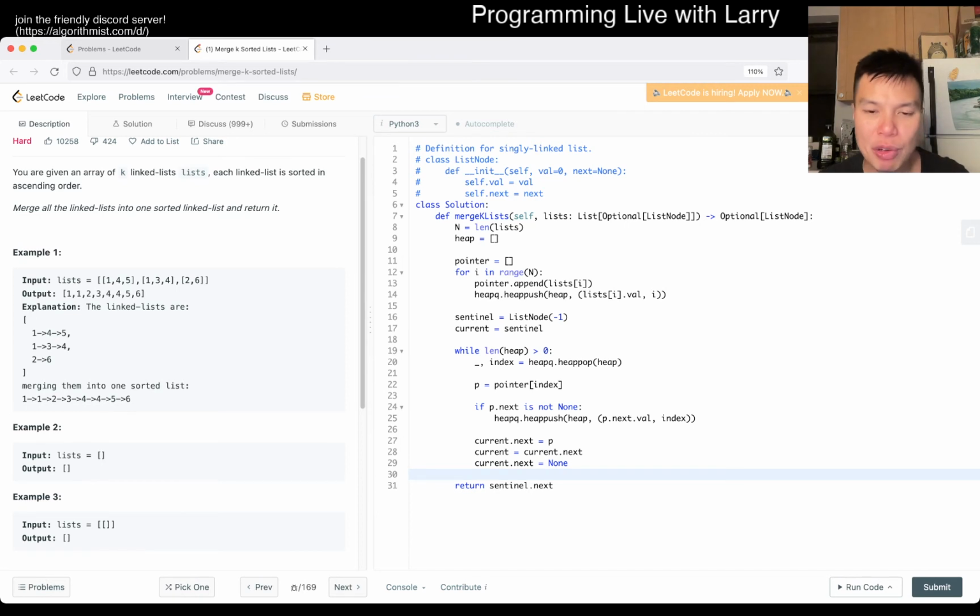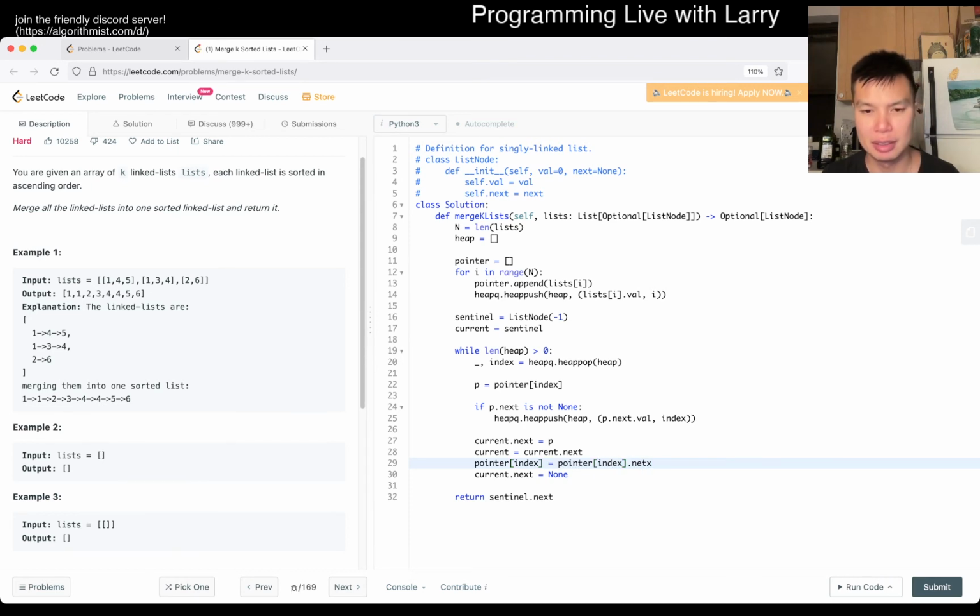This way we're resetting the next value here. But I have to do one more thing first. I have to set pointer of index is equal to pointer index.next, and then I set the next